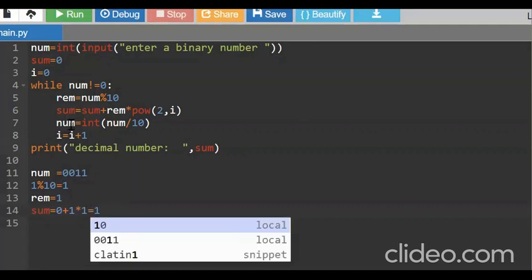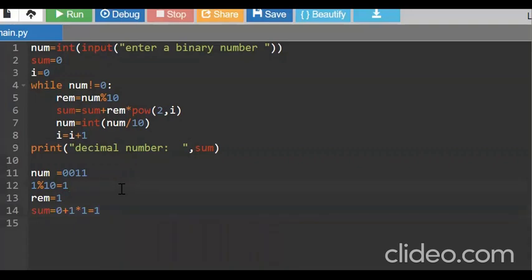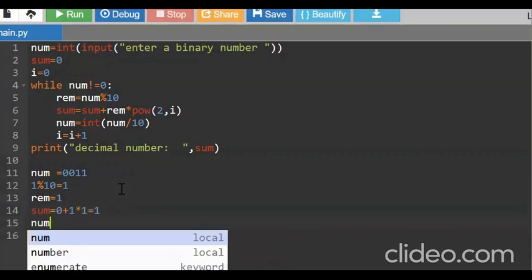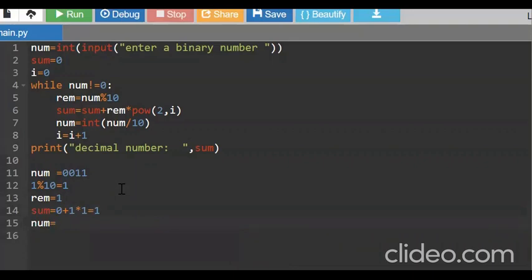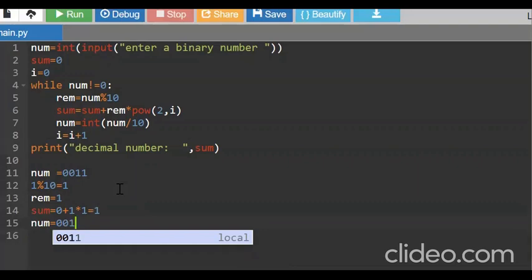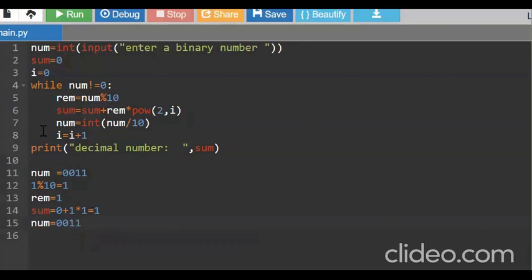Next line of code, num is equal to int of num by 10. By executing this line, my num value would become 001. Then in the next line, i is equal to i plus 1.